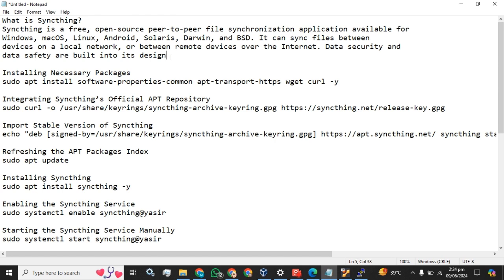Okay, what is the use? Let me explain a little more. If we have two FTP servers, file transfer protocol servers, which we use to back up our files, any important documents on the Ubuntu OS, and in any case, that Ubuntu OS